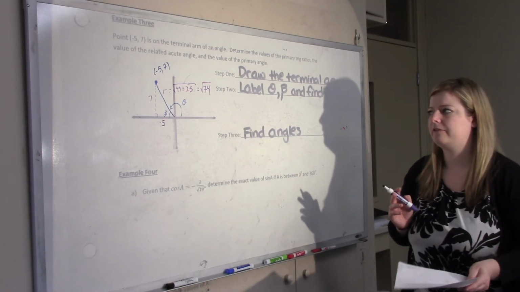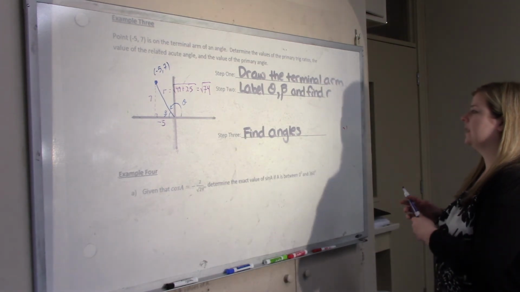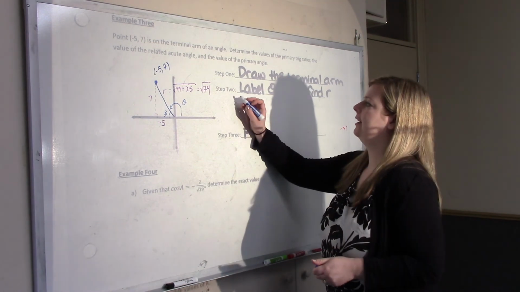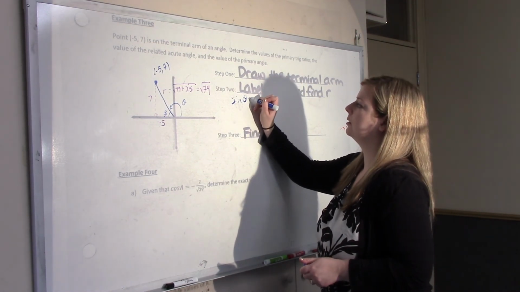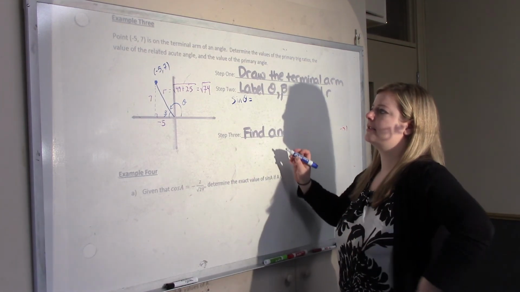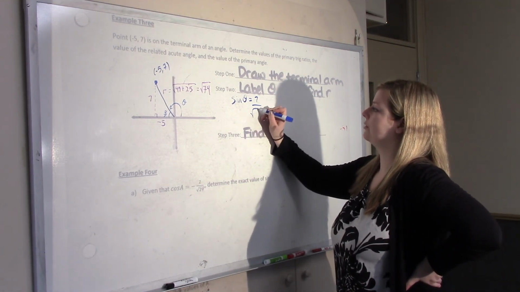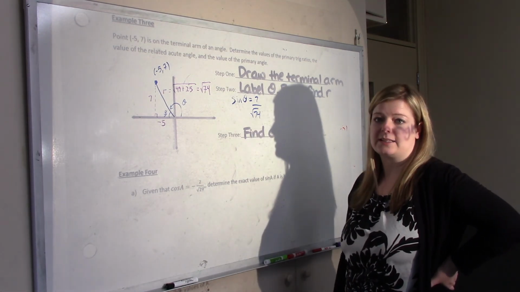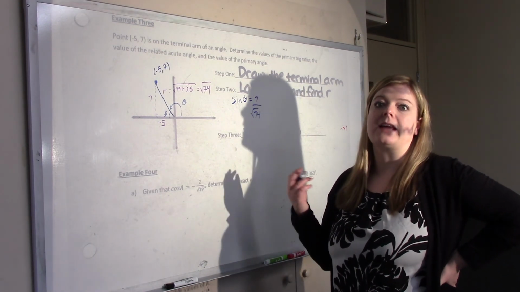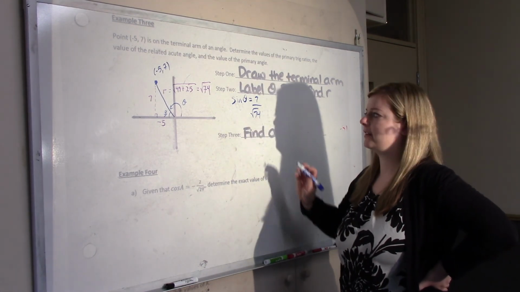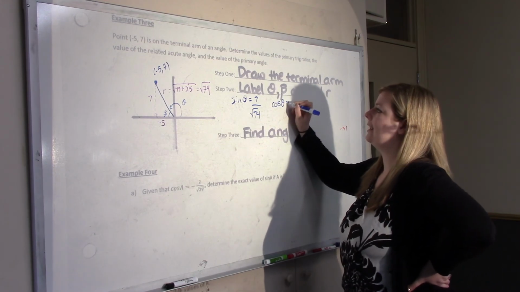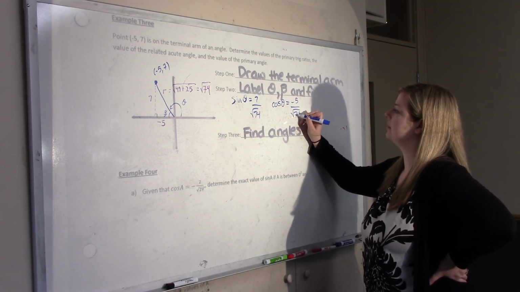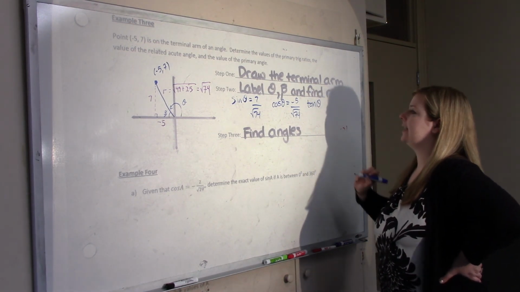So now we can find the primary trig ratios at this point. So the sine of theta is equal to y over r, so 7 over root 74. And that's an exact value. You should leave it that way. You shouldn't turn that into a decimal, unless it's a word problem where we need time or money or something. Cos of theta is x over r, so -5 over root 74. And tan of theta is y over x,